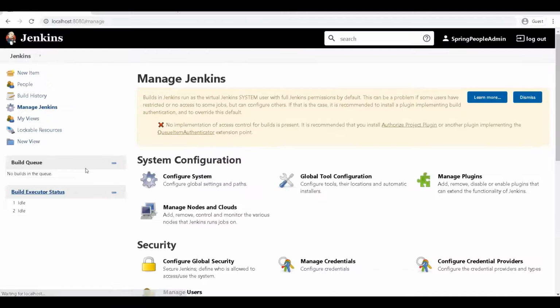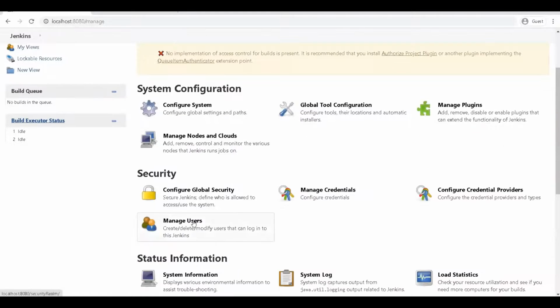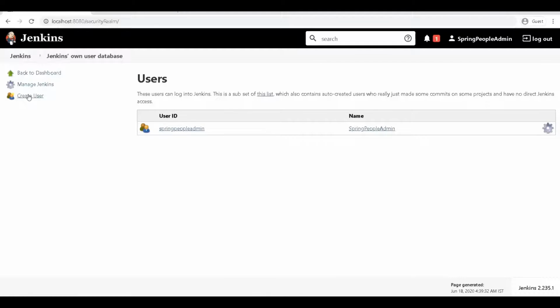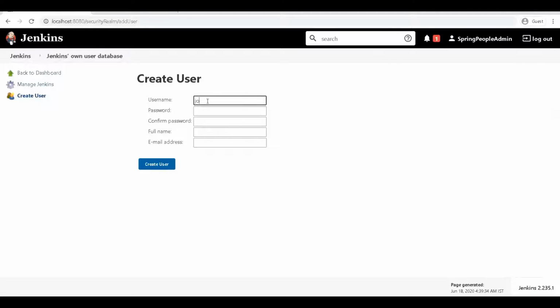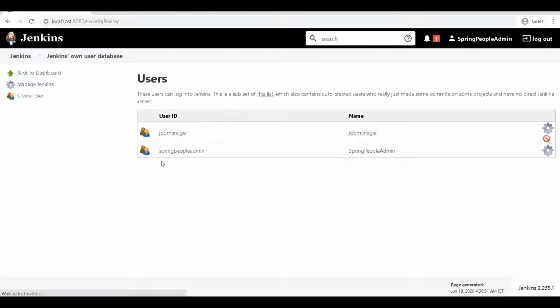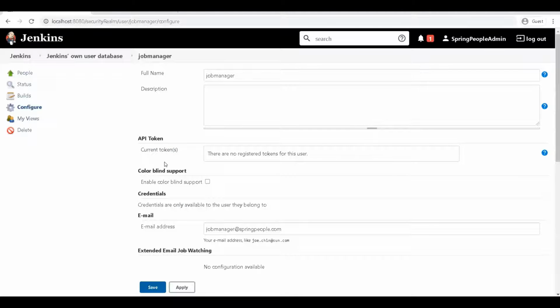I will add one user under job manager. Then I will configure this user so that he is part of that group.